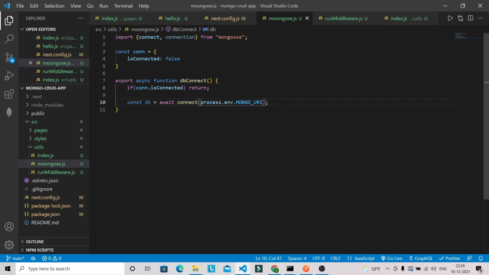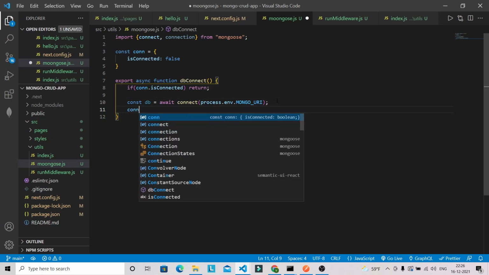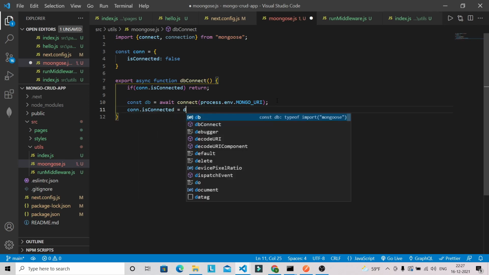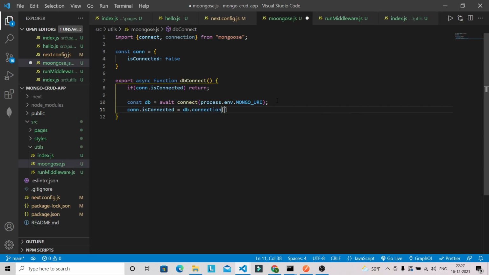After that we can have con.isConnected = db.connections ready state, so it will be connections readyState.